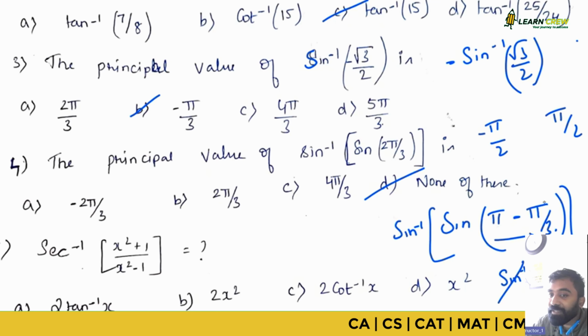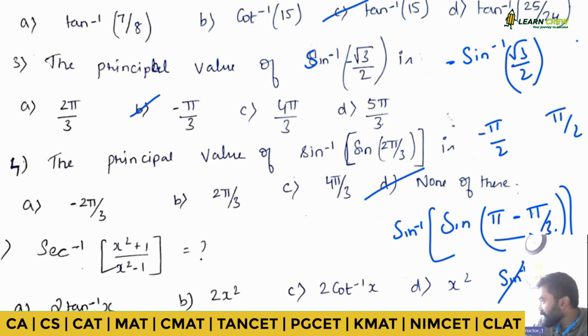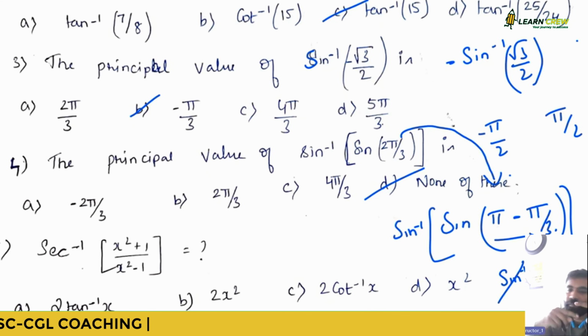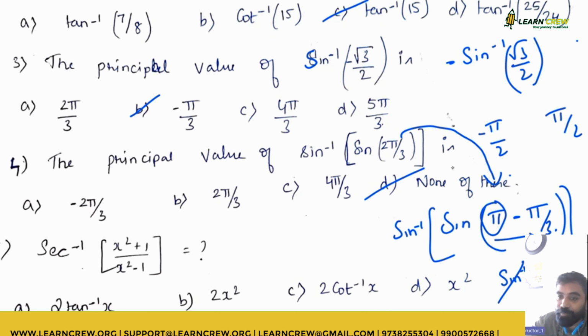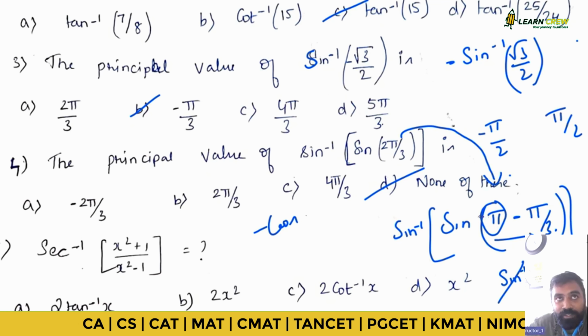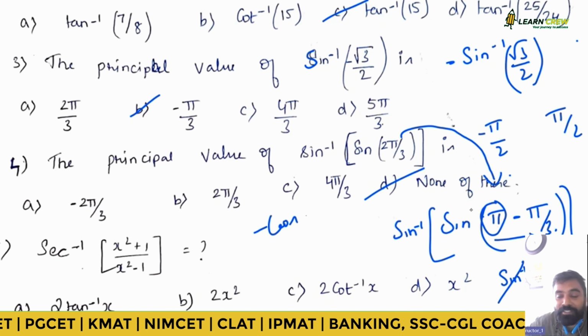This is sine of 180 minus something, 180 minus 60. I am just representing this. Let it be sine, tan, cos, whatever it is, it's a cyclic process. It keeps on repeating, right? Sine is positive in the first quadrant and positive in the second quadrant. Now I am saying 180 minus something. Obviously, it is going to be sine 60 only. If it was cos of 180 minus something, then it is going to be minus cos, because cos is negative in the second quadrant. If it was something like sine of pi minus 3 pi by 2, then